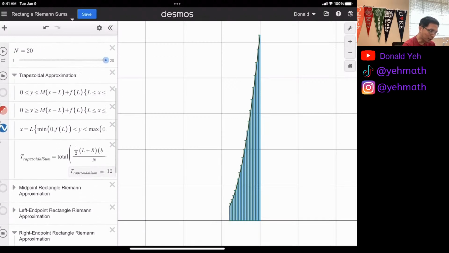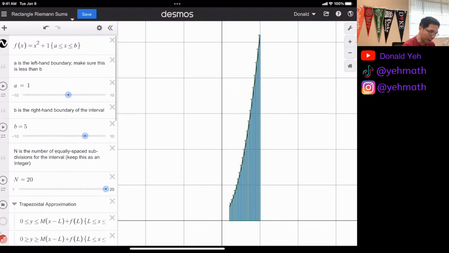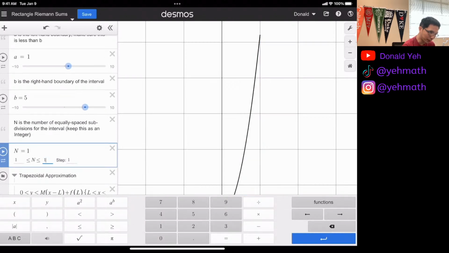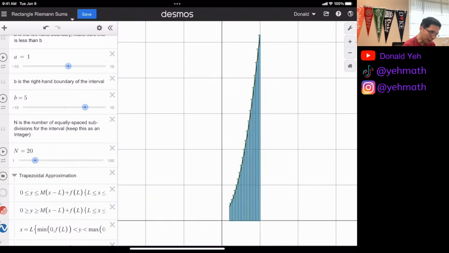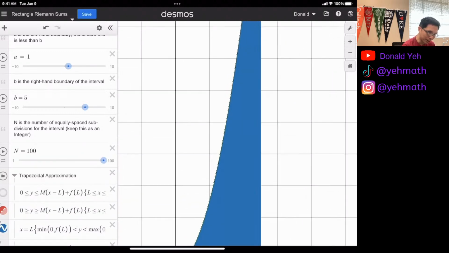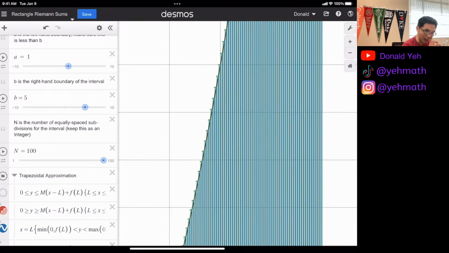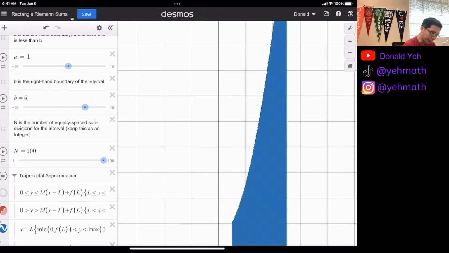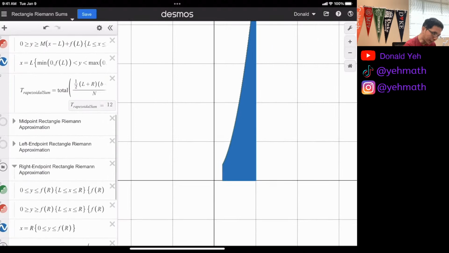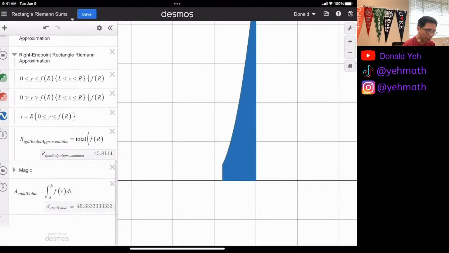Now, let's say I change this 20 to 100, and see how precise it is. If we go all the way to 100, you're going to see there is a small imprecision inside, but that imprecision is so small. And then if you look at the actual answer comparison,